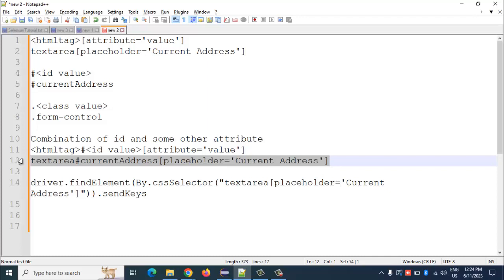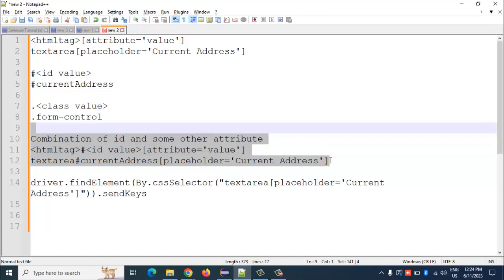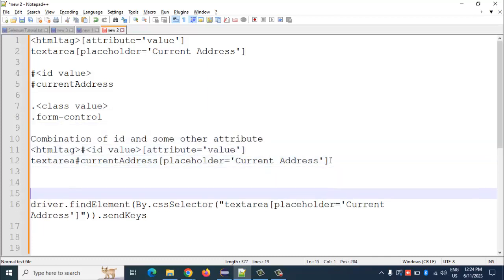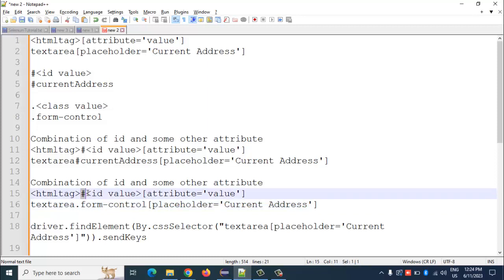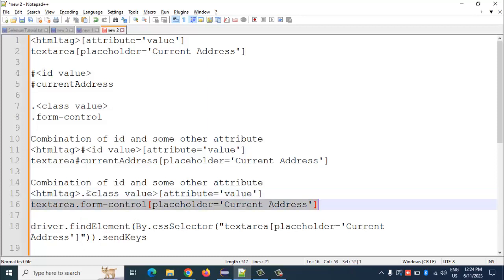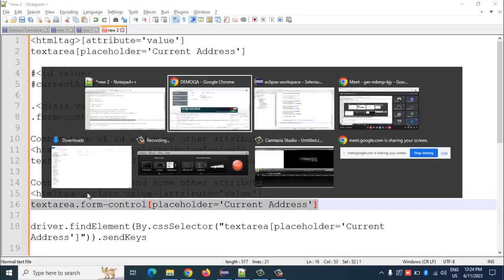Okay, then similarly a combination of class and some other attribute would go exactly the same way. Obviously a little change would be, instead of hash you would use dot and whatever the class value is. So it will be dot, instead of ID it will be the class value, and then the attribute and the value itself. Now if I copy paste this here,